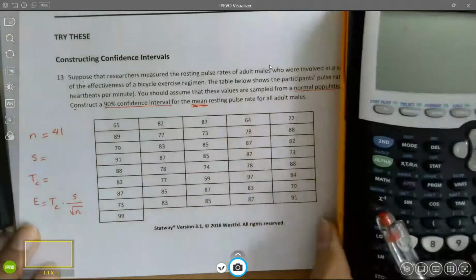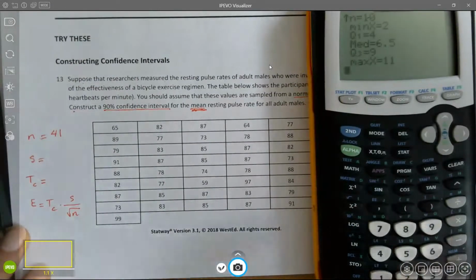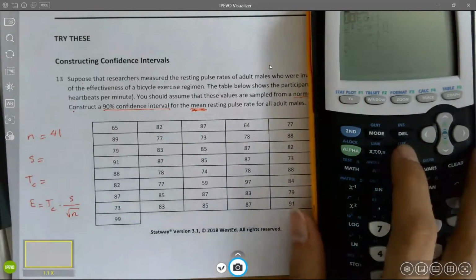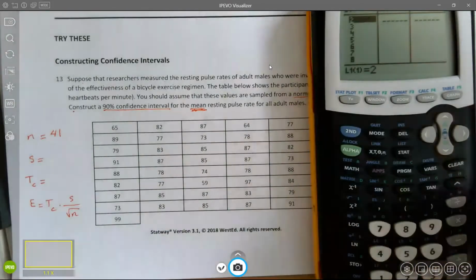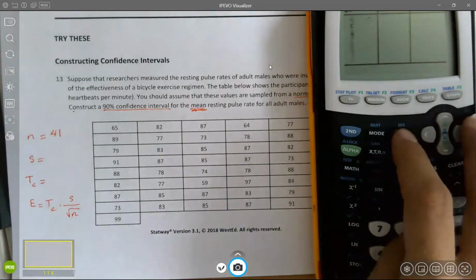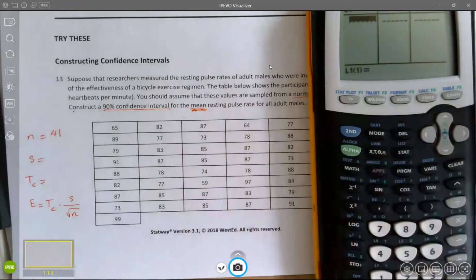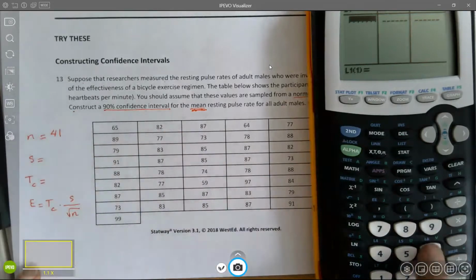Let us turn on the calculator. There we go. Let us enter all the data in L1. So we're going to go to Stat. We're going to go to Edit. And I already have some data, so I'm going to erase them all. The numbers that I have: 65, 82,